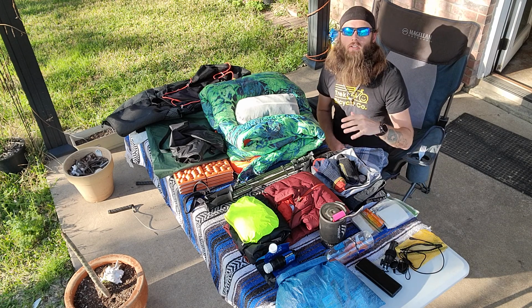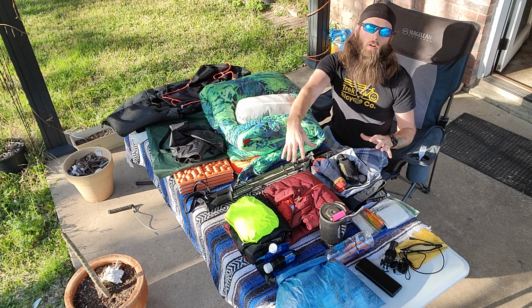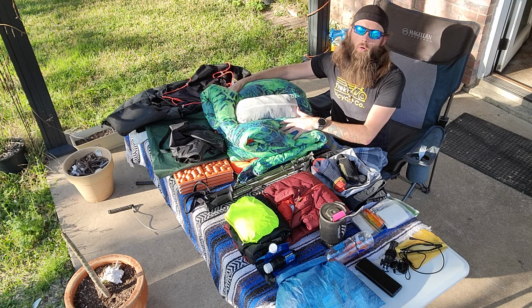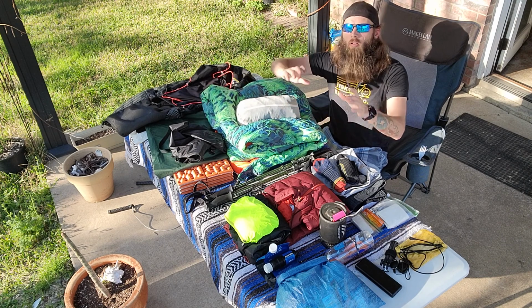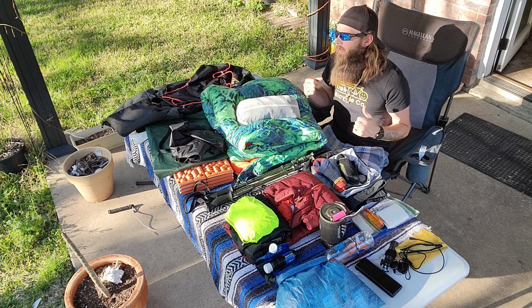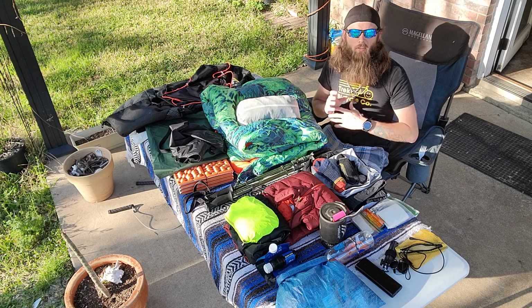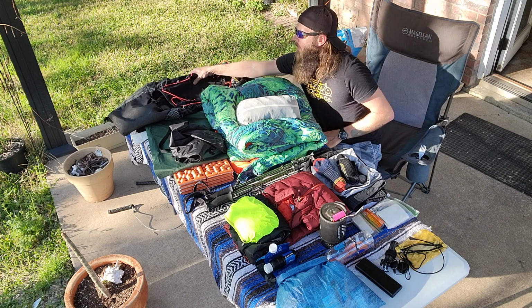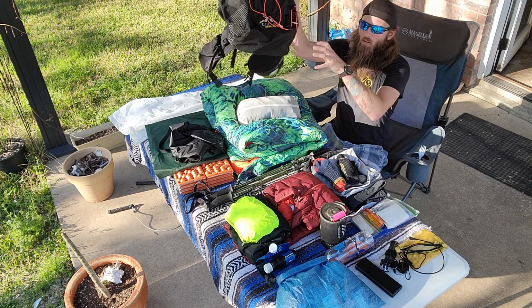I kind of tried to arrange it to where you can see some of the smaller items a little bit closer. My larger items we're actually going to go over first, but I'll bring them closer to the camera. So disregard the fact that I'm probably going to be standing up, sitting down, doing all that stuff so I can stay in frame. So to start out,